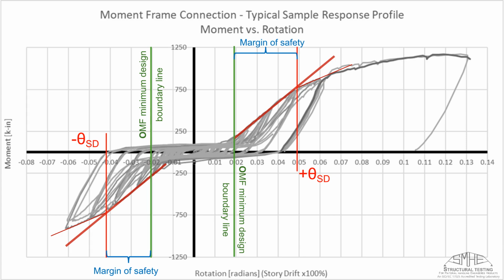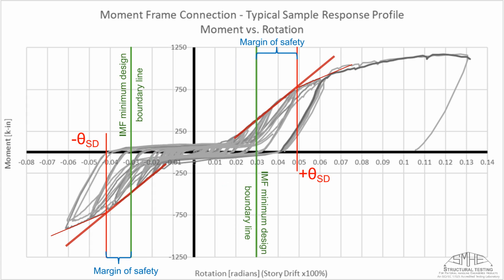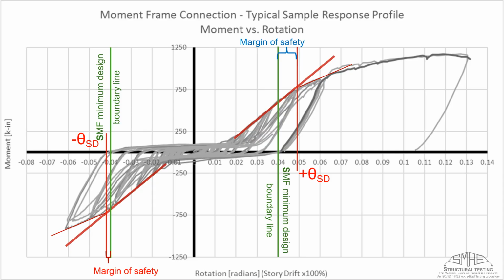strength degradation rotation limits. This scene highlights the IMF minimum design boundary lines, showing the margin of safety for intermediate moment frames. Finally, we display the SMF minimum design boundary lines, demonstrating the margin of safety criteria for special moment